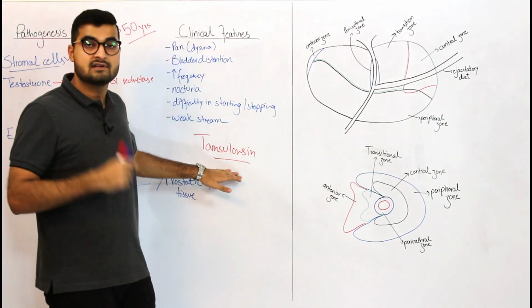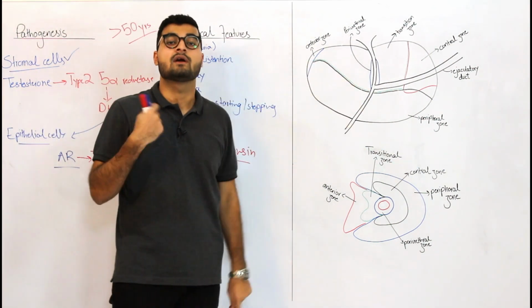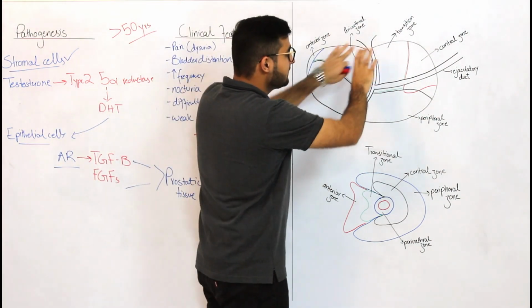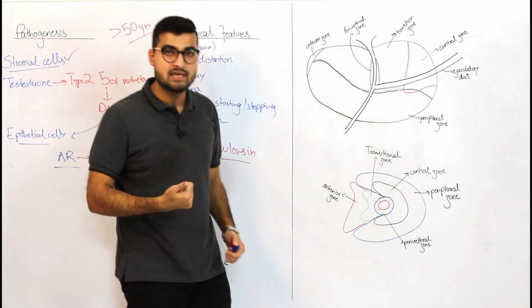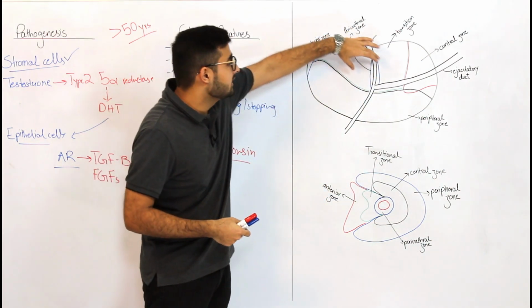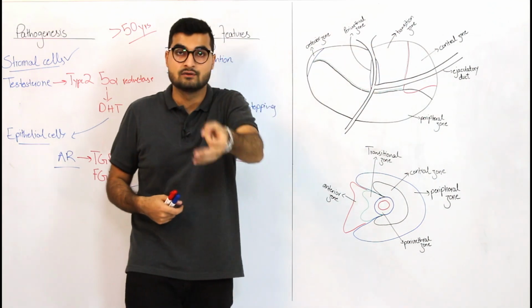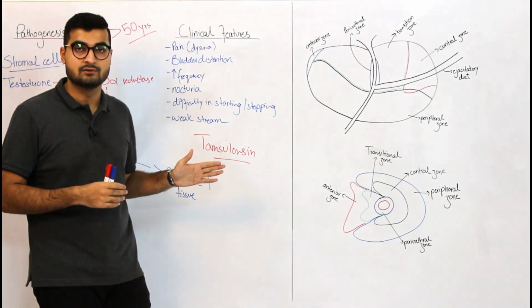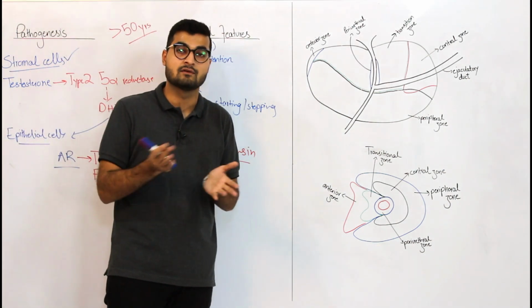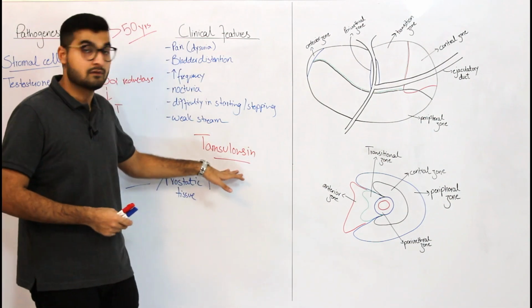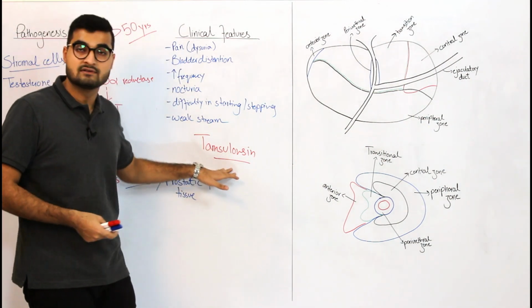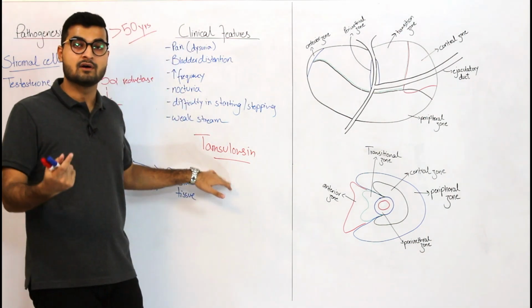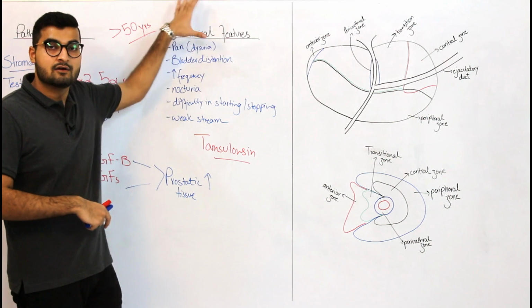So tamsulosin is an alpha 1 blocker. When it acts on your prostate, what it does is that it relaxes the prostatic muscle. So if it's going to relax the prostatic muscle, it might be able to relieve the pressure on the urethra, and the patient might have alleviated symptoms due to use of tamsulosin. In fact, I just observed a patient coming to the OPD today. So the patient had BPH, and when he was given tamsulosin, he said that his symptoms had improved. So you can give them an alpha 1 blocker for symptomatic treatment to take care of these urinary symptoms.